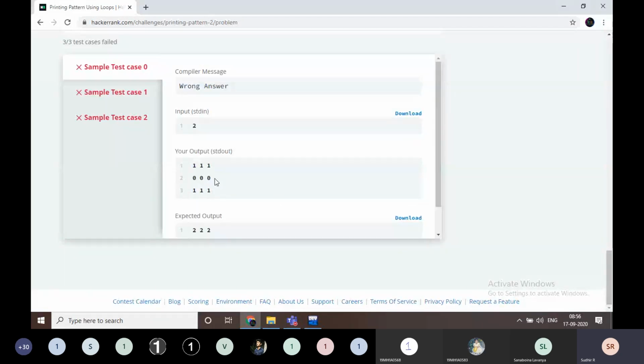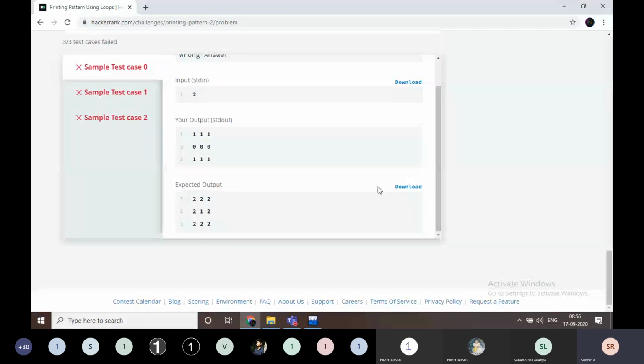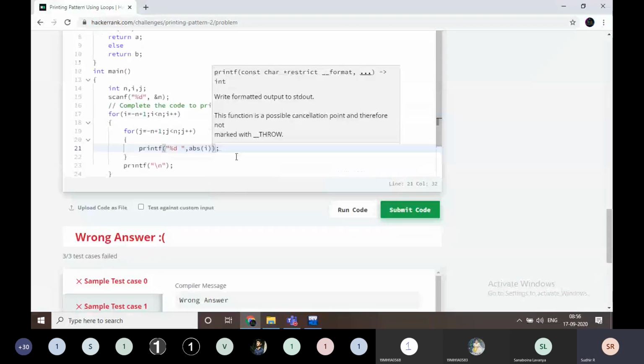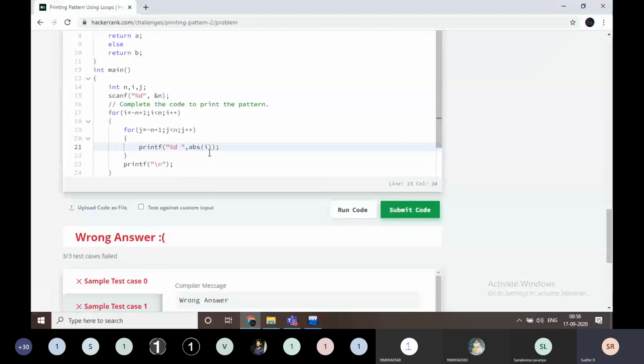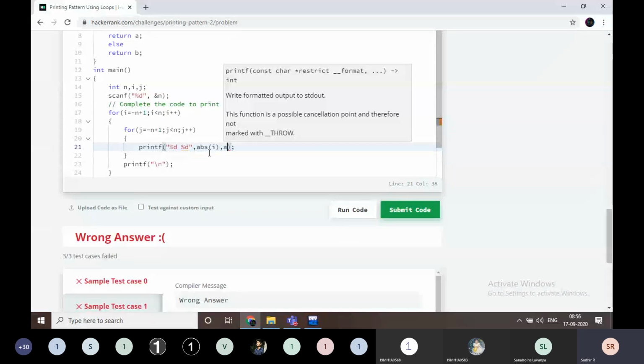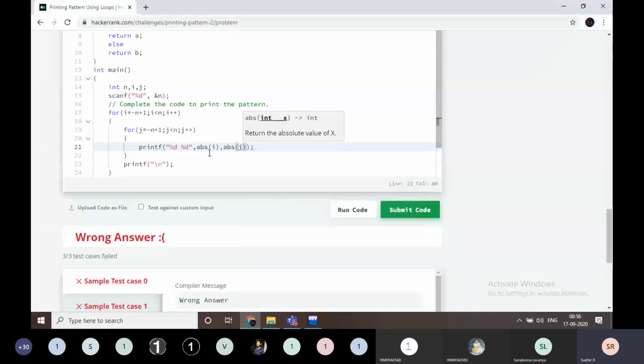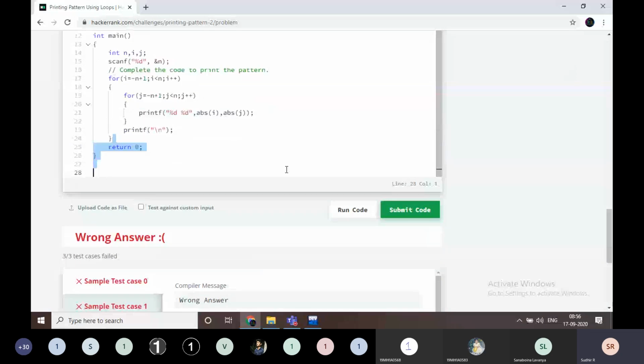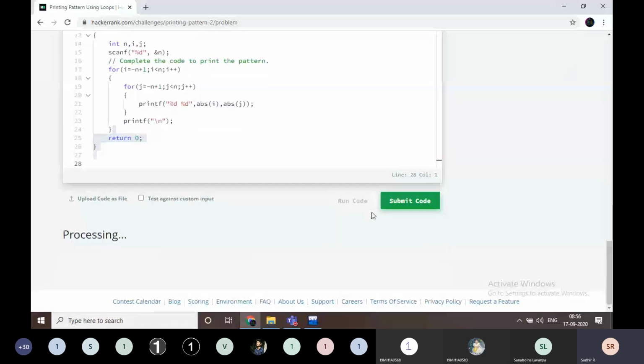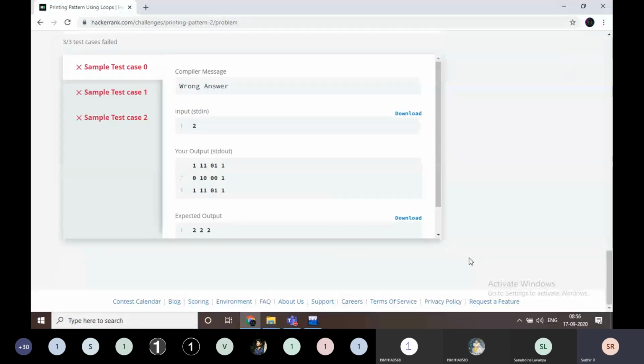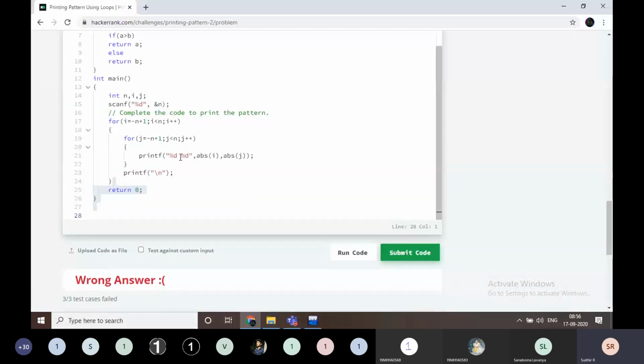I am going to print the absolute value of i, and also ABS of j.